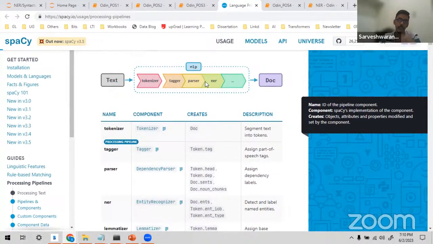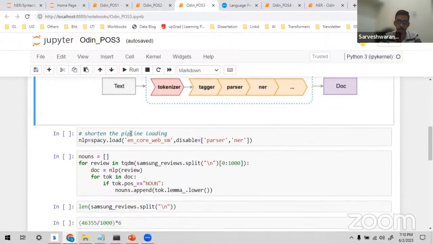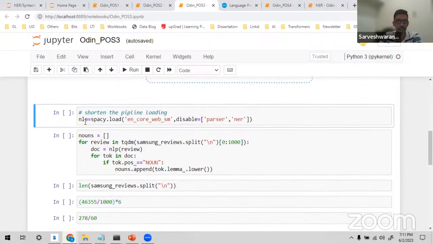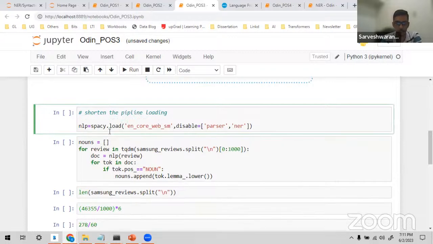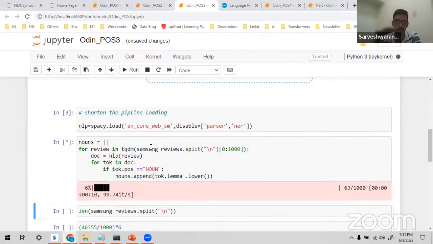And you can also do a custom-based NER. If you do not want to make use of the pre-trained model and you want to custom train the model, you can take the pre-trained model en_core_web_sm, right? And you can do a custom NER here. Okay, so that is one thing that you can explore. So I load this model en_core_web_sm, right?